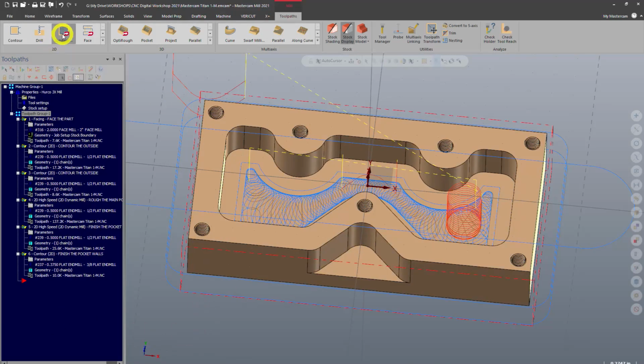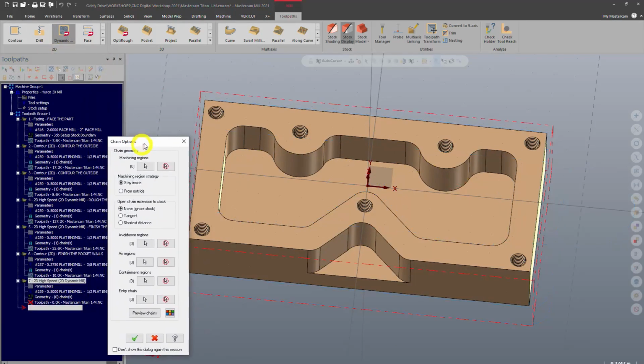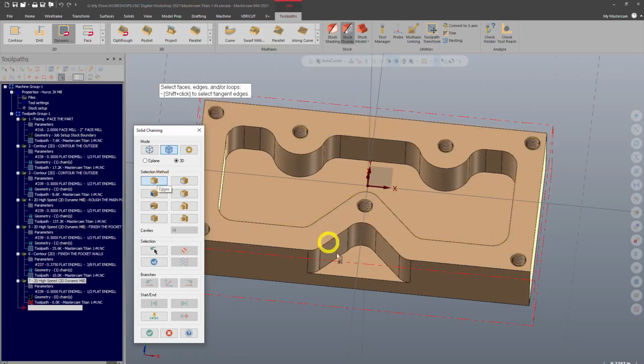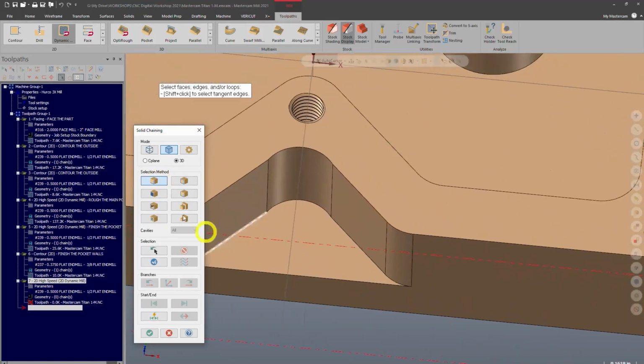So we'll go ahead and click dynamic milling, machining region, and we can either select the face here. We could select that whole chain. You could choose face selection here and select the face. My preferred method is to do single edge selection. So if I zoom in a bit, single edge selected there, I can actually click on the edge here, and